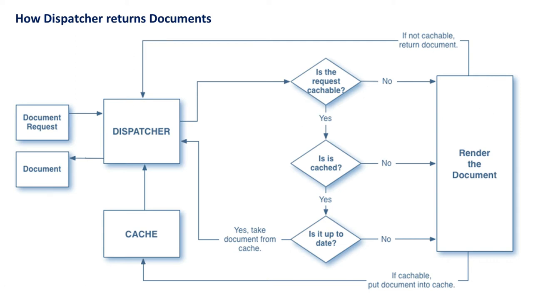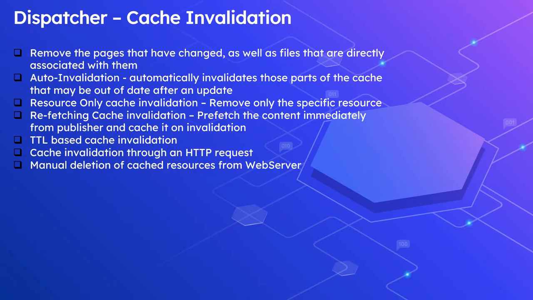Let us now talk about the cache invalidation process. The cache invalidation process is important to keep the dispatcher content up to date. There are multiple options to do the cache invalidation. Cache invalidation means you can invalidate the existing cache so that the dispatcher will update the content from the backend AEM server. The first one is that you can define a replication agent on the AEM author instance that sends a cache invalidation request to the dispatcher based on specific events, for example activating or deactivating a page.